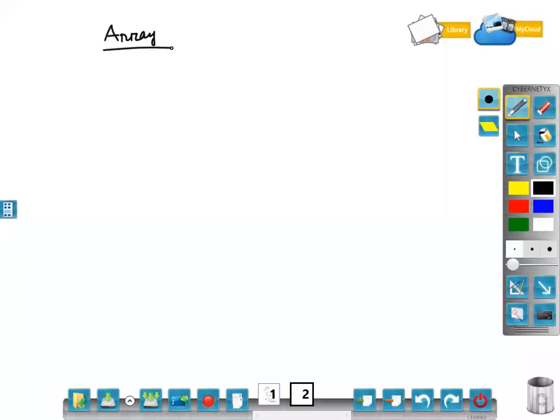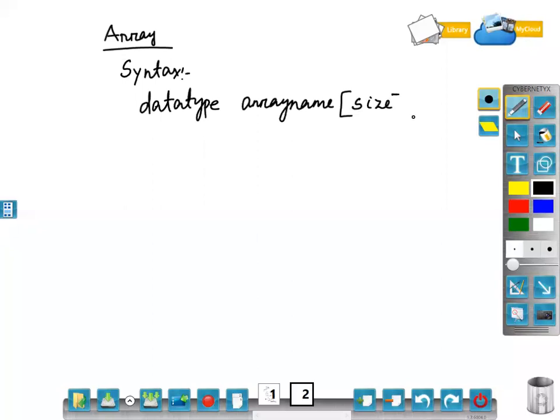How? The syntax says that data type, okay, array name, then within square bracket you have to provide the size, means total number of values you want to store. Okay.